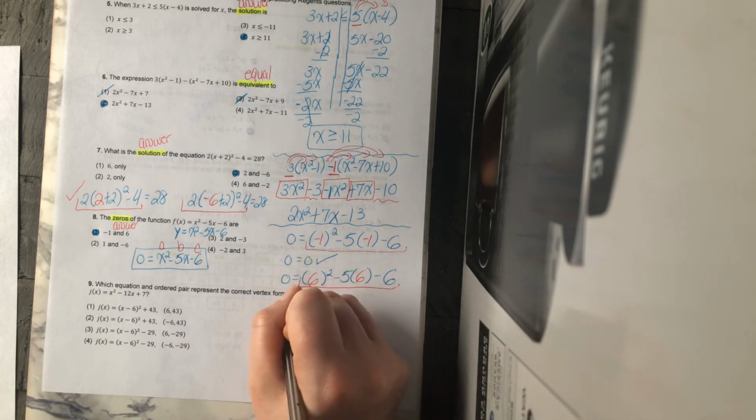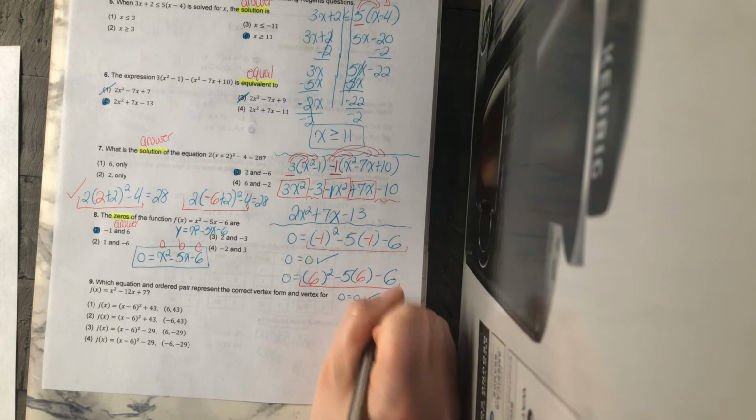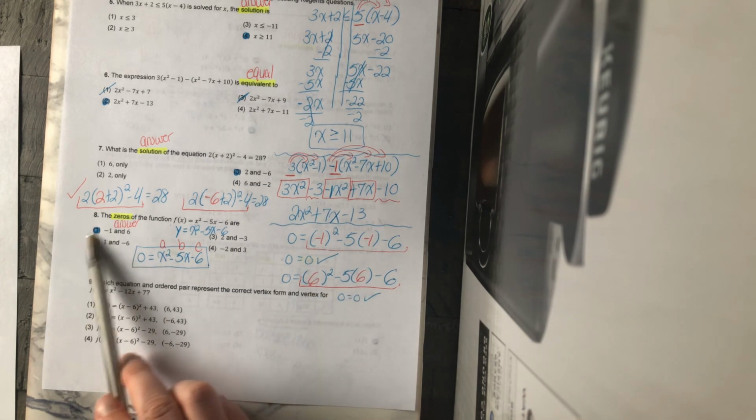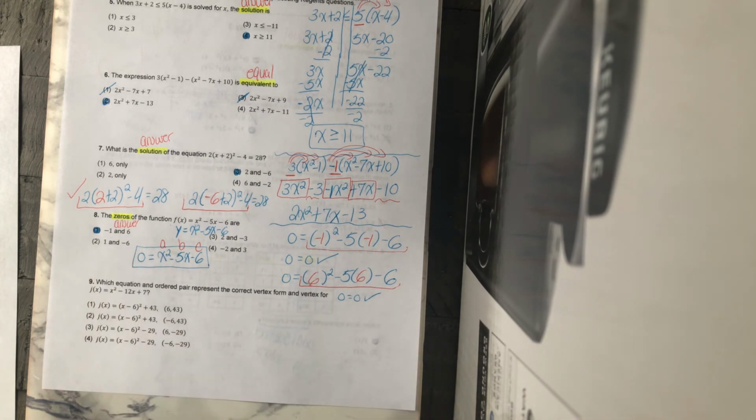So again, let me do it over here. Since 0 equals 0, I know I'm good to go. Choice 1 was the answer. Okay, if these didn't work, then I would have just said 1 isn't it, and then I would have tried 2 instead. Okay? And then number 9, it says,